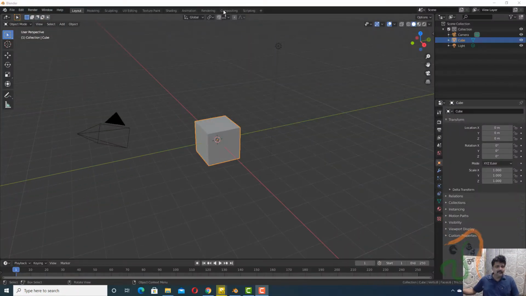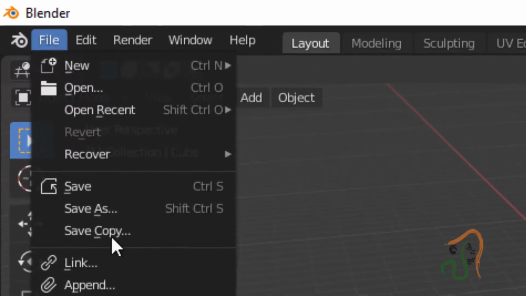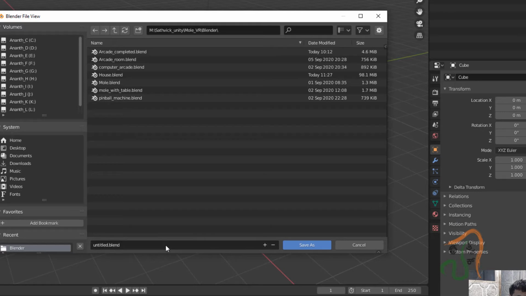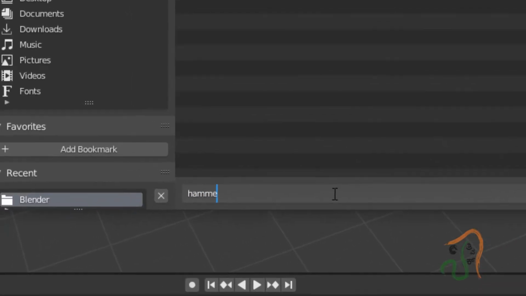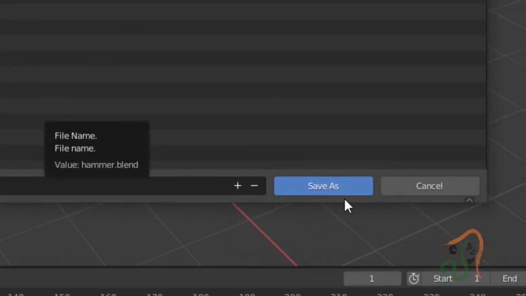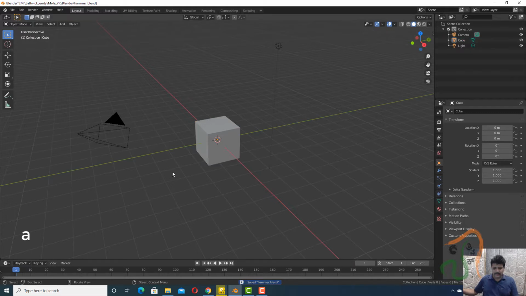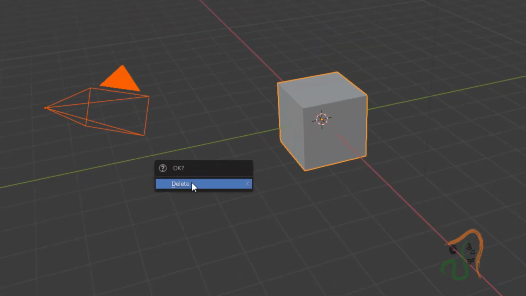So for this, the next job we need is to create a 3D hammer. And for this again, let us come back to Blender. So in Blender, we have now opened a new project here, and in this project right now, let us go to File and choose Save As, and save this file as hammer and click save. So we have saved this file, and then press A to select everything on the screen, press X, and when the pop-up menu comes, click delete.